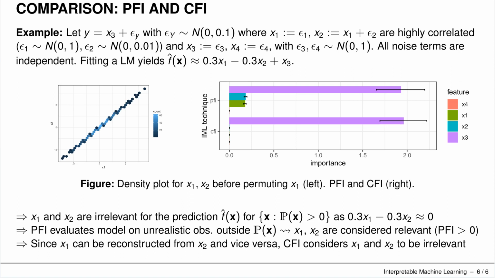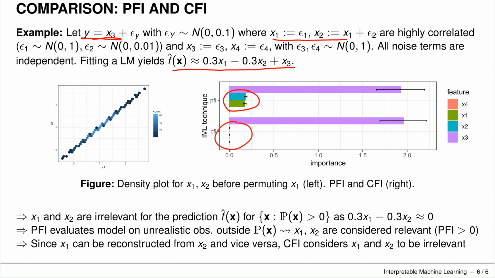So let's compare the PFI and the CFI on our example data we have seen several times. Again, the target only depends on x3, with highly correlated x1 and x2, and the linear model with the canceling out effect. We have already seen results for PFI, and we have seen that x1 and x2 get an effect, even though they shouldn't, because they cancel each other out all the time, so there shouldn't be any effect. We do see that effect in PFI, but we don't see that effect